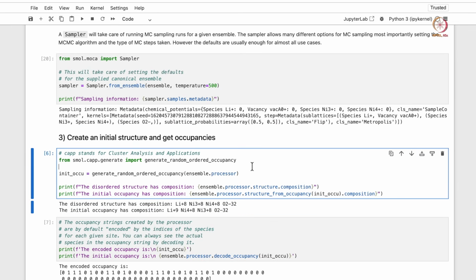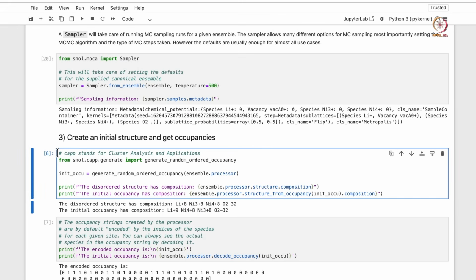Now let us create an initial structure and get occupancies. What is this doing here? In any Monte Carlo simulation, you initialize with some random configuration. Then you do some perturbation to that configuration, and you compute the energy of the new configuration with your cluster expansion model.